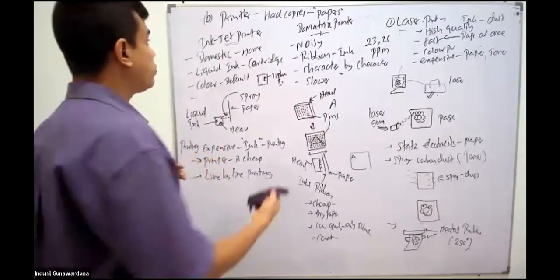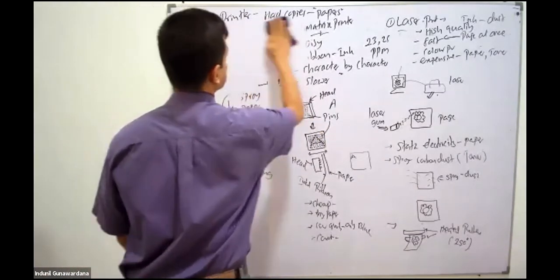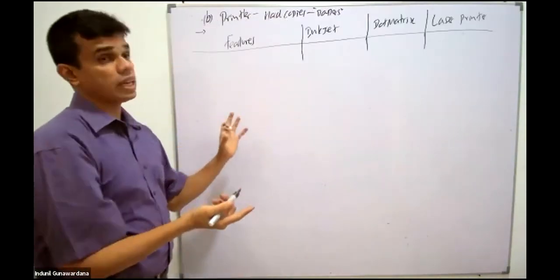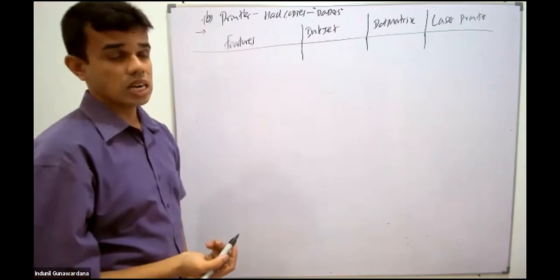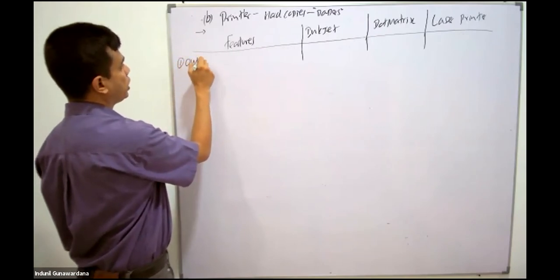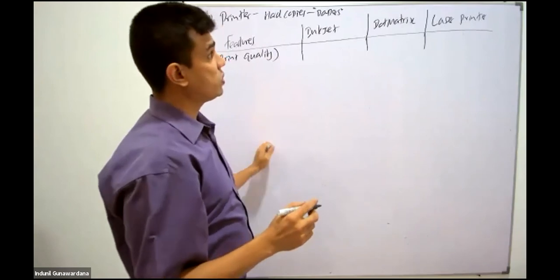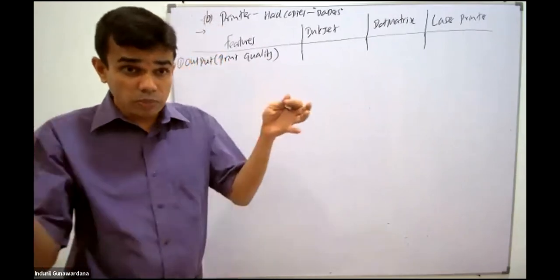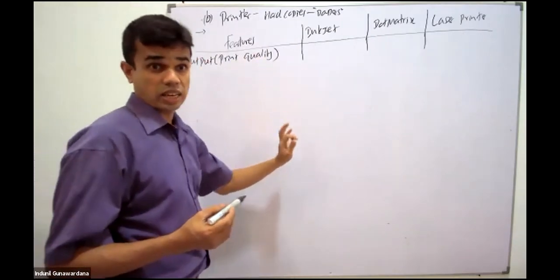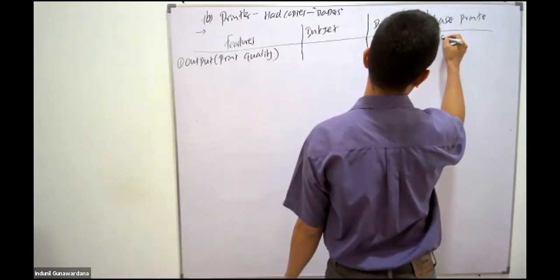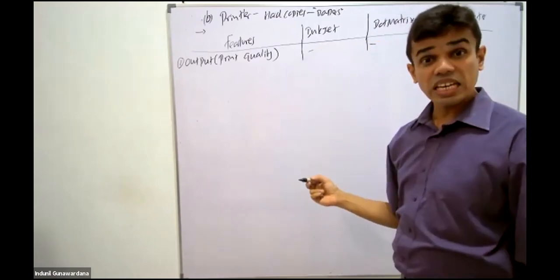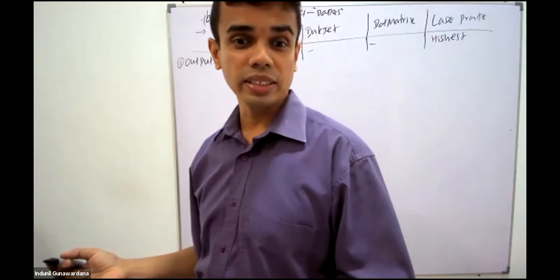Now we'll compare the features in a single table, explaining what those features are. That's what we need. The features of inkjet, dot matrix, and laser printer, we have to compare them in one table. Then we go to the first feature, output quality or print quality. We'll complete this table in parallel with me. Which printer gives you the best quality? Which has the highest quality? Laser, we can say the highest quality.